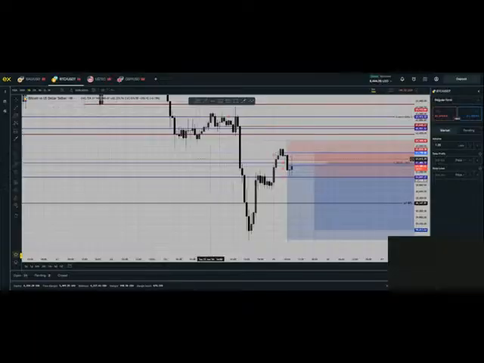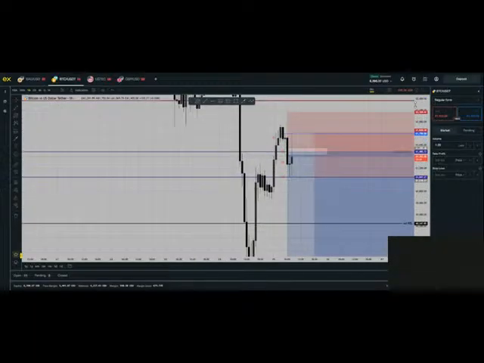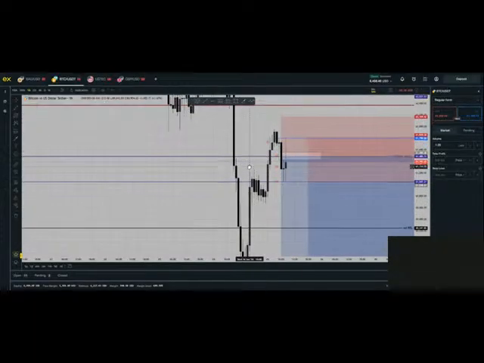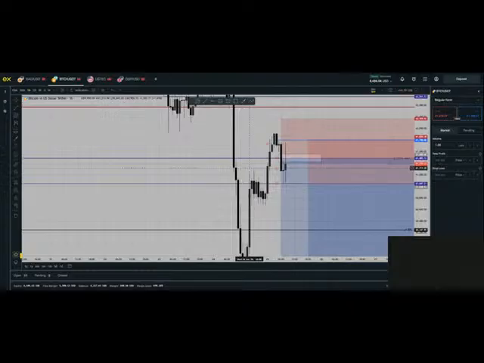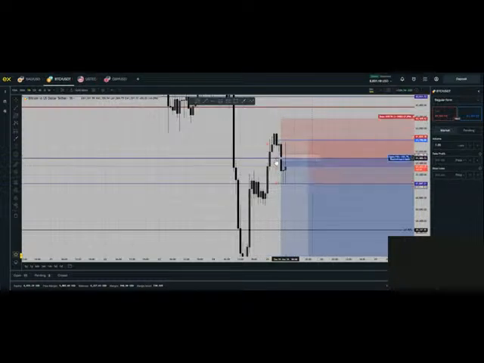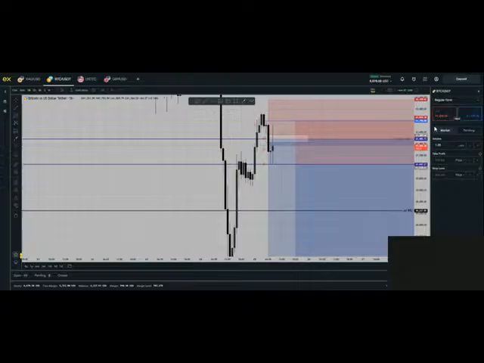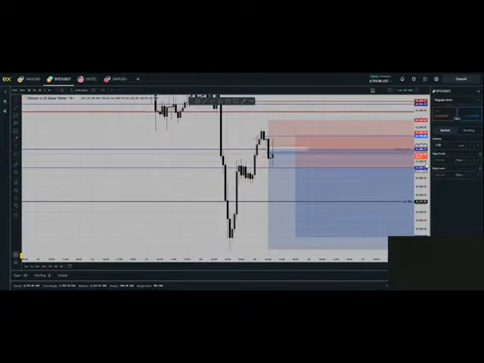So have a look at this. When we go into the lower time frame, this is the 1 hour, and this is how the 1 hour has been acting. We've got a change in state of delivery. Sorry, we've got an inverse fair value gap right around here, but we also have a fair value gap in this area. So I expected price to retest this high or this level before pushing hard lower. I don't know, but that is what I expect.